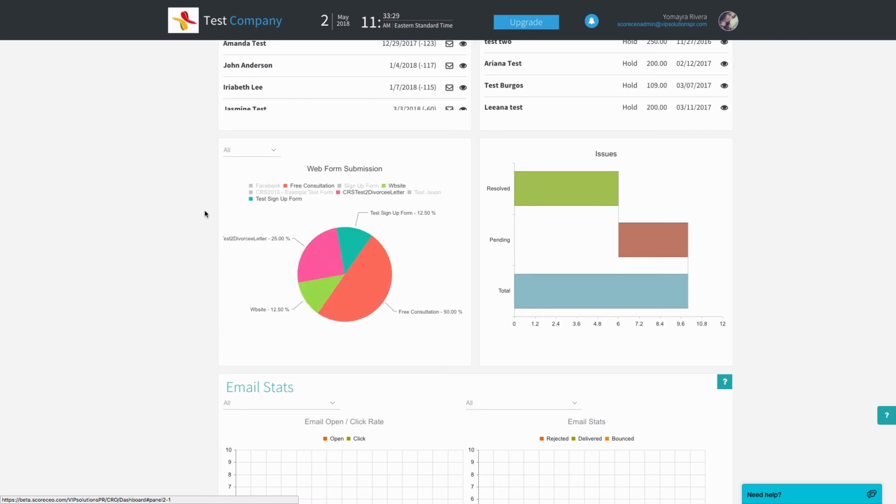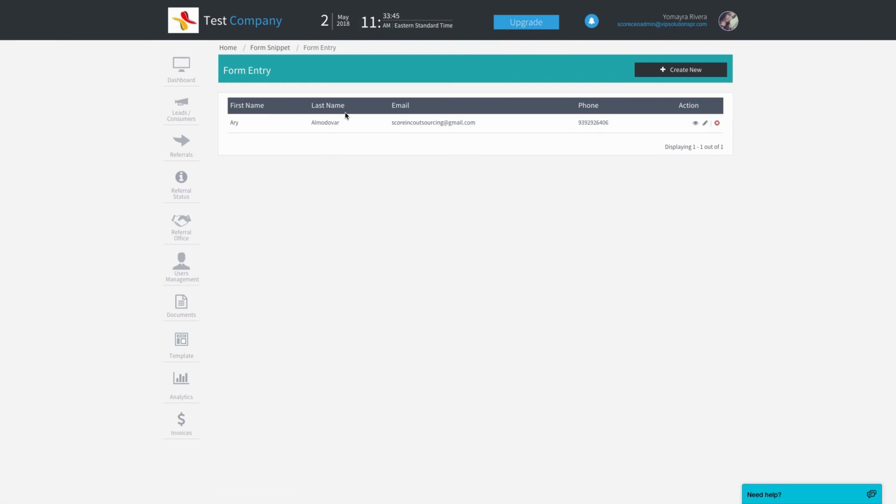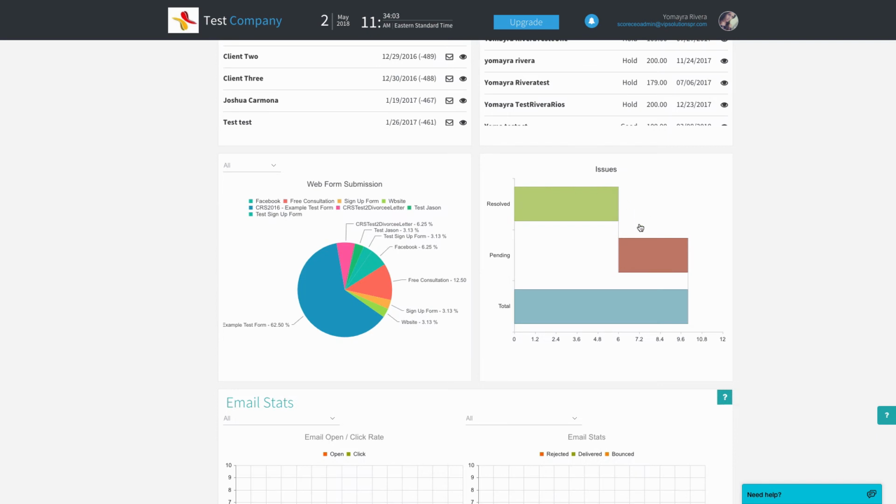If you want to compare certain ones, we can go to any of the pie charts and see which, for example, I want to see who signed up from the website. I can click over the website pie chart and I can see the customer that signed up from this form entry. Next, we have the issues widget where you can see the total amount of issues that were created,